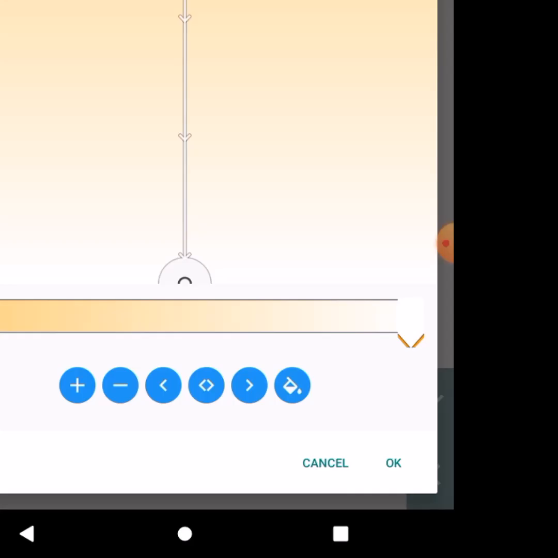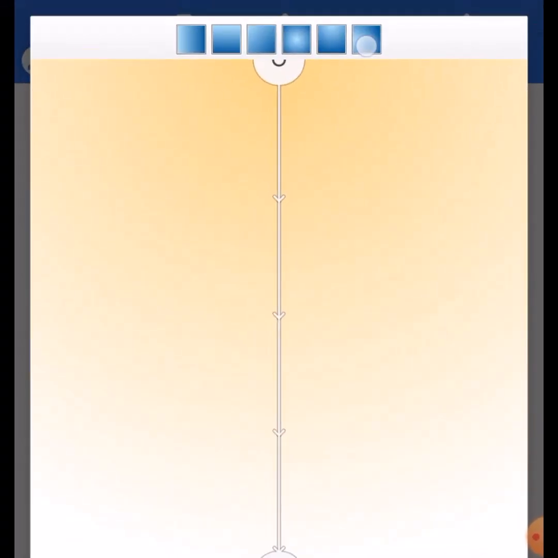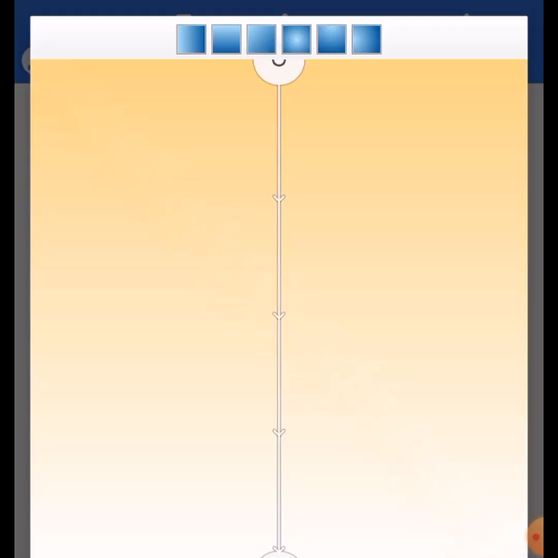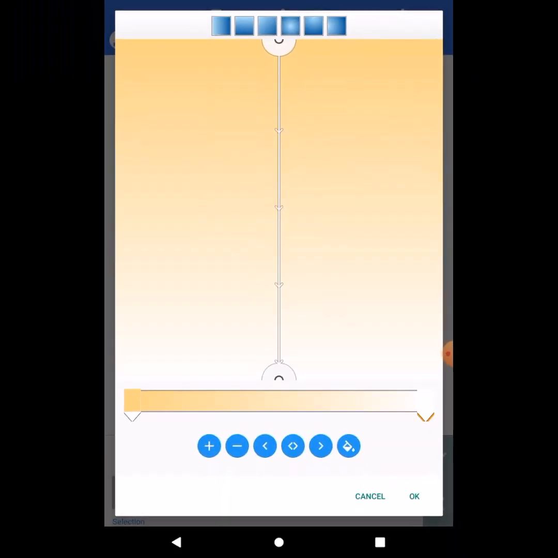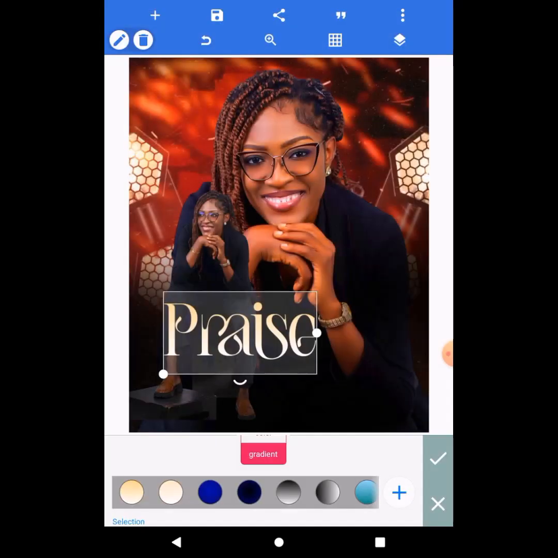There are different types of gradient fields here, different directions as well. We have radial, we have linear. They are just different from the top. You can choose them from the top there. Okay, so we have set our gradient color, and we're going to duplicate this and also